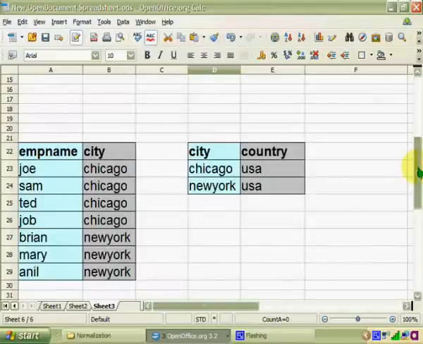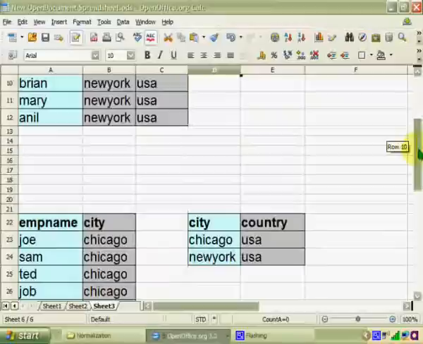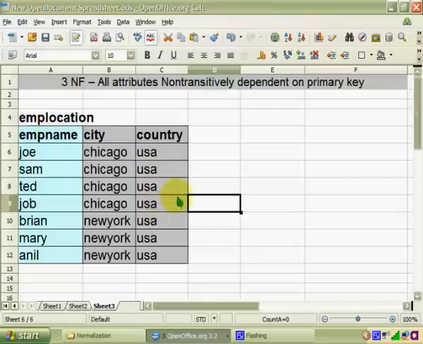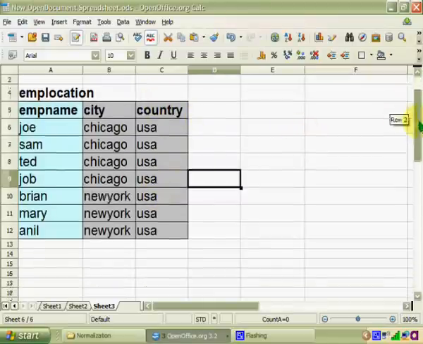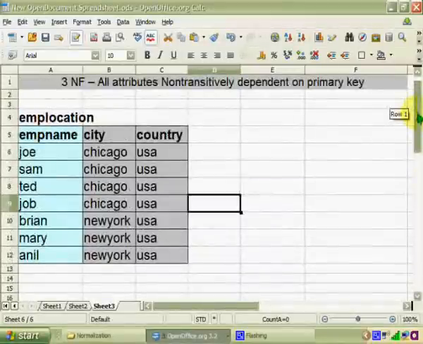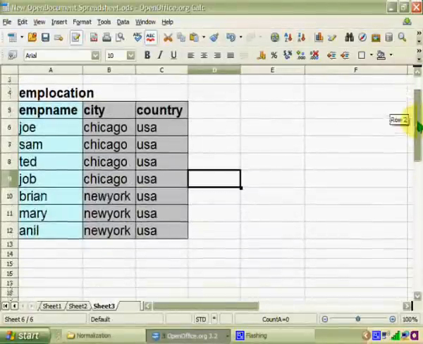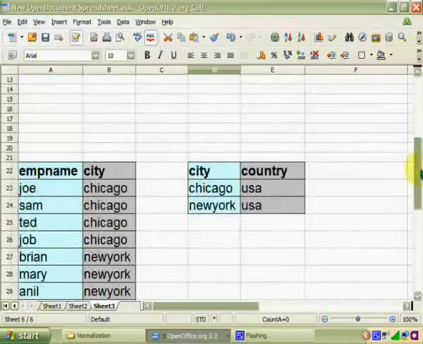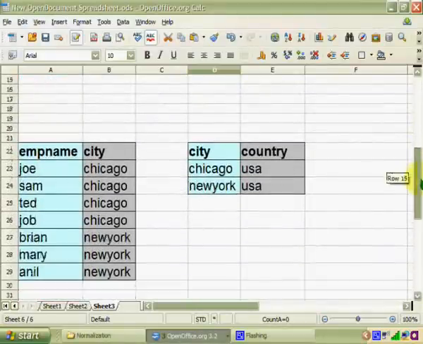In order for a table to be in the third normal form, it should be in the second normal form. And just remember that the better way is to have the primary keys as IDs rather than the name. This is a description of the concept only. Ideally you should always use IDs as the primary keys. And when you keep using IDs, you will see that much of the information that looks like redundancy will not look like redundancy anymore.